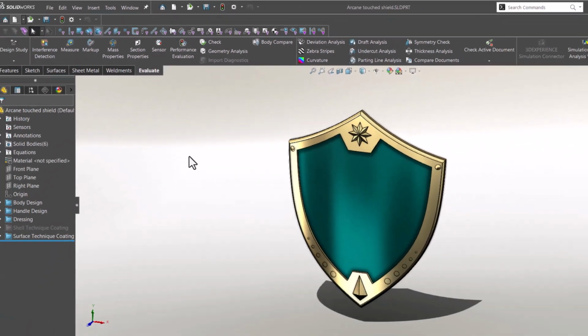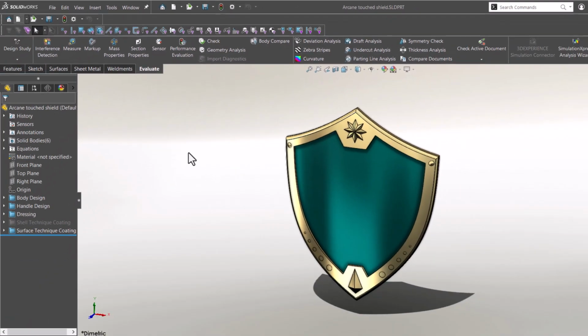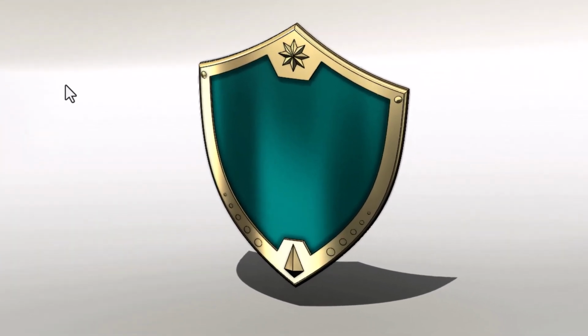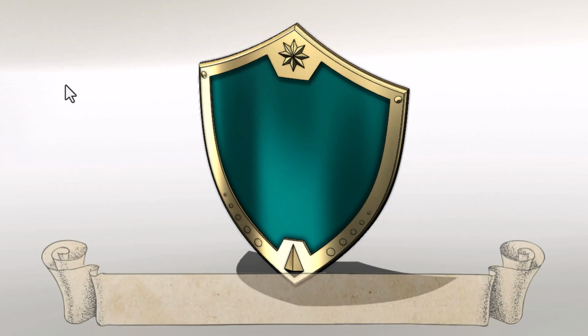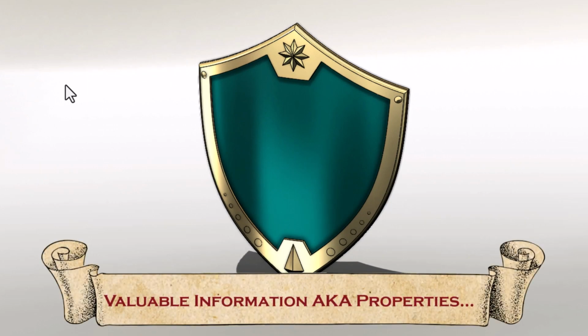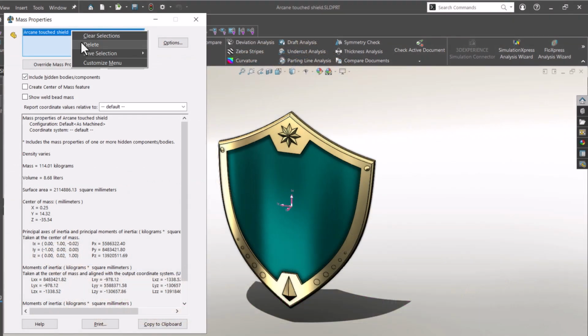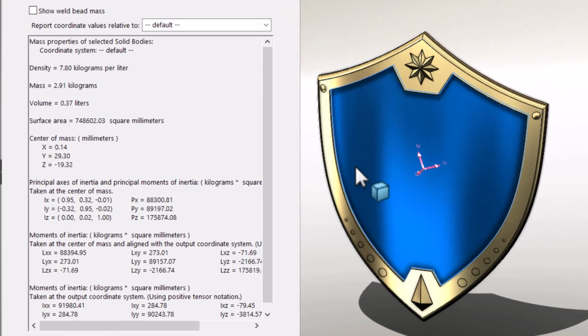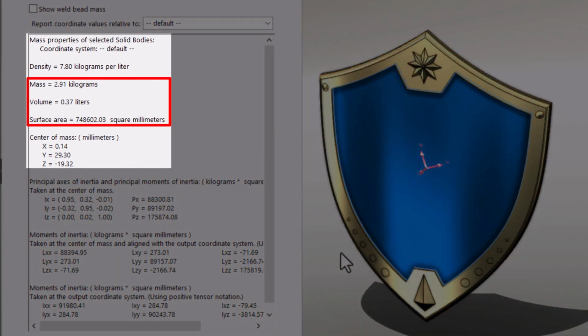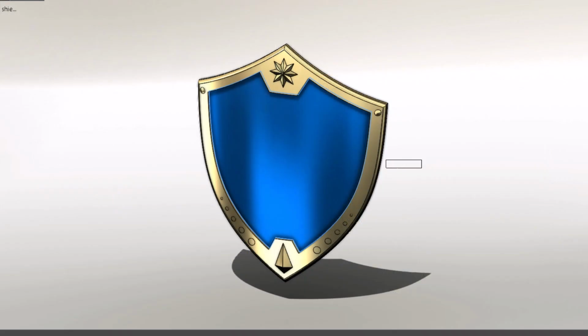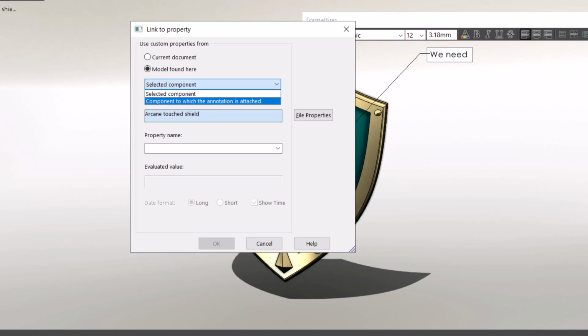But why would we want to do all that instead of just applying appearance straight to the face of our model? Because with that, we can get valuable information from our model. By using the Mass Properties command, I can extract information like the volume of the coating, the surface area, even the weight. I can use notes to print these properties on the 3D model,